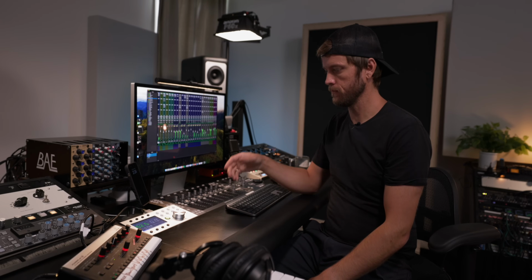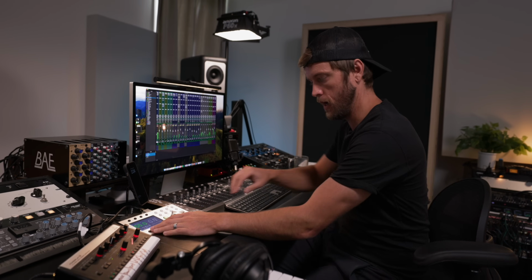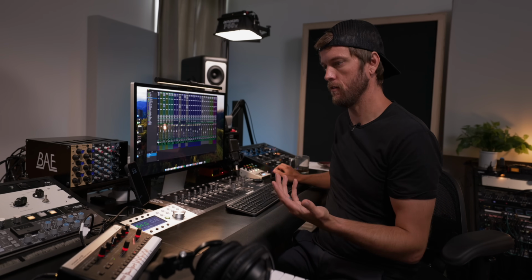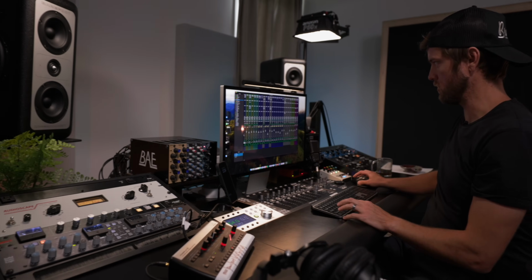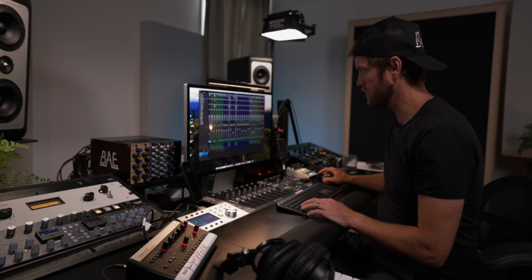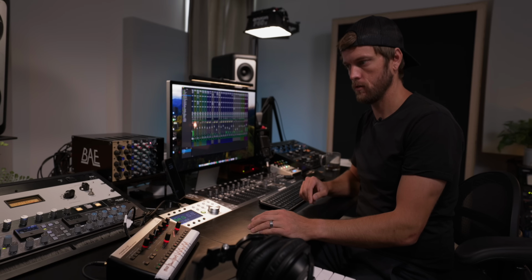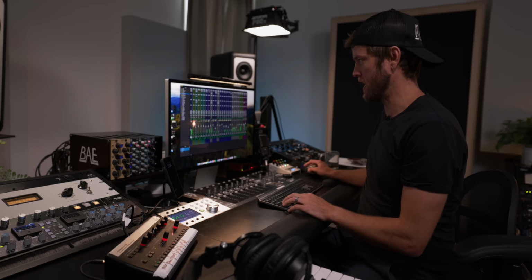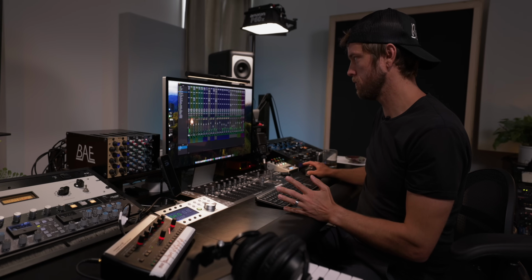So if I hit play, you should be able to hear this. You can hear the drums, right? I have the drums hitting the bus comp and the SSL EQ. So if I turn these off, here's the drums without the bus comp and SSL EQ. So this is them dry, and I can insert via Pro Tools, bus comp,